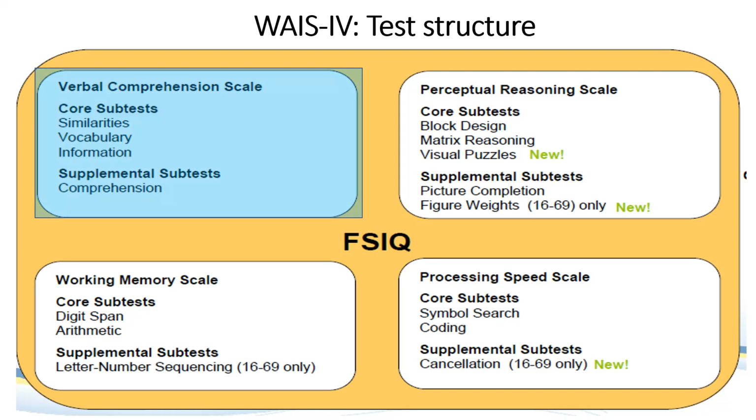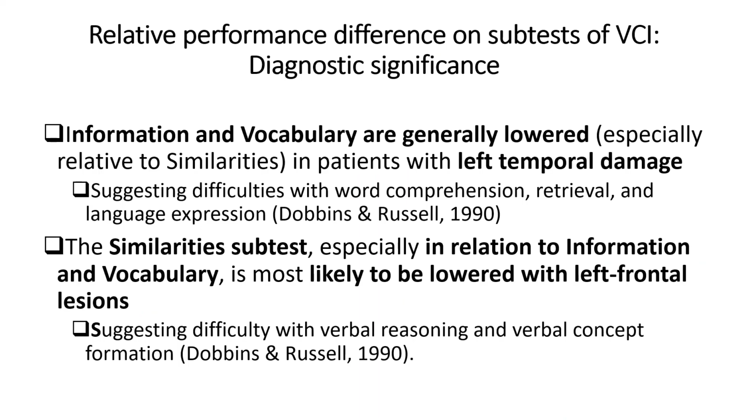So, first, I will conclude the verbal comprehension scale that I discussed in the previous lecture, and then I will proceed to the three major scales. And based on these scales, the index scores are calculated. Therefore, verbal comprehension subtest results in verbal comprehension index, perceptual reasoning index, working memory index, likewise.